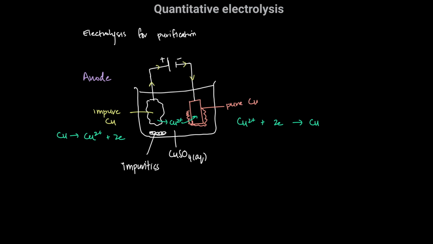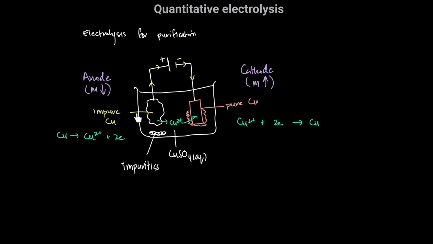The mass of the cathode increases. This is our cathode, right? The mass increases, and over time the mass of the anode decreases, okay? And the loss in mass of the anode will obviously be greater than the gain in mass of the cathode, right? Because at the anode you're losing copper,